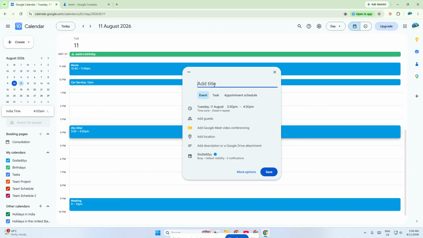Now enter the event name at the top. Give it a clear title so everyone understands what the meeting is about. For example, you might use something like Team Check-in, Client Meeting, or Project Review. After that, set the date and time for the event. Make sure the time is correct, and if this is a recurring meeting or longer appointment, adjust the duration as